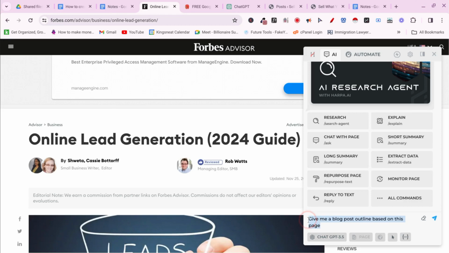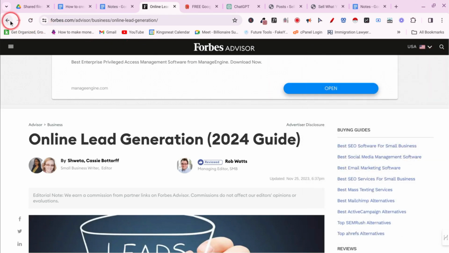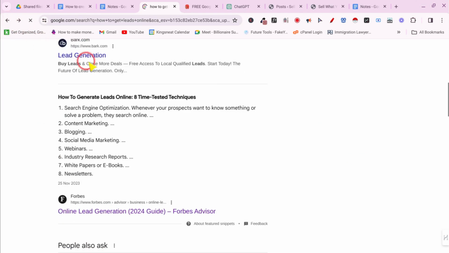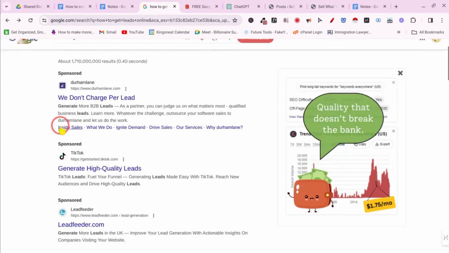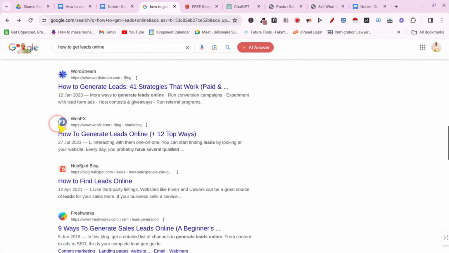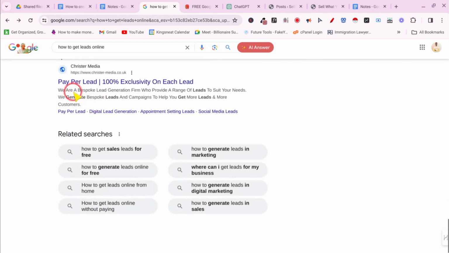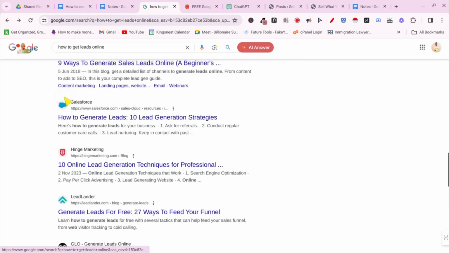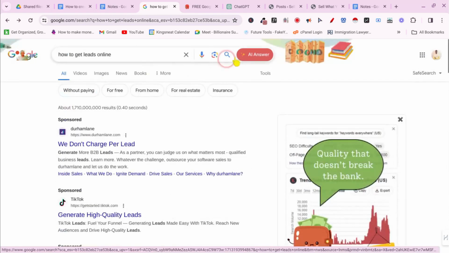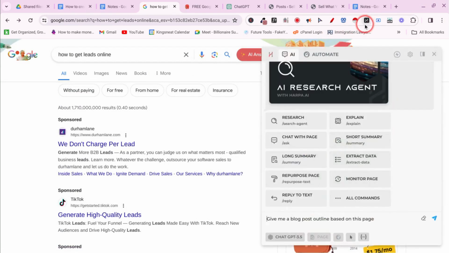Alternatively, by the way, very, very important: before you even ask Harper to do this, I suggest you go to the page where you first came to the search results, which is right here. Now this page includes a lot of relevant data, because most people have included certain keywords that you just might want to include in your blog post. So I come to this page and I click Harper right there, and I say, based on this page,